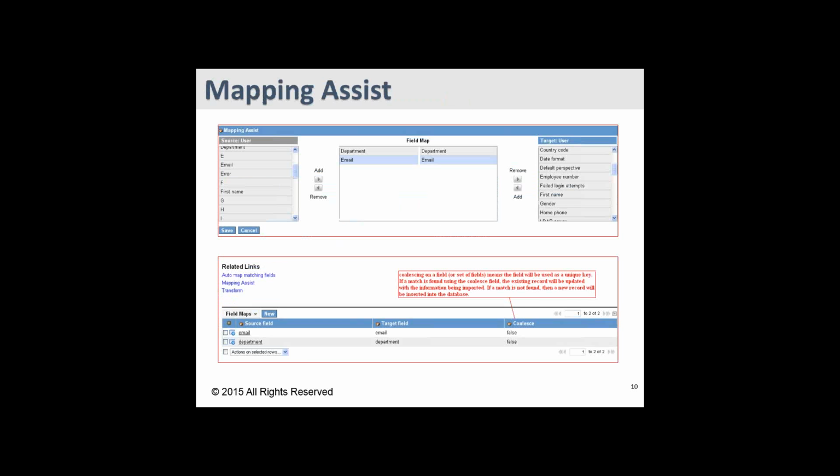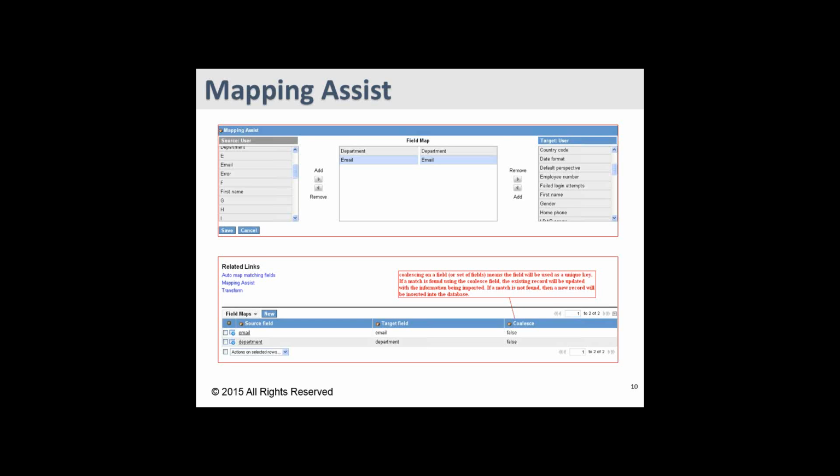And then the mapping assist. Here, department and department, on the left side we have our import set tables, and on the right side we have the original tables. We will map using this mapping assist.